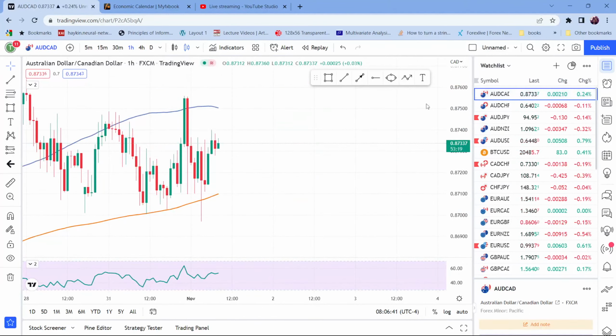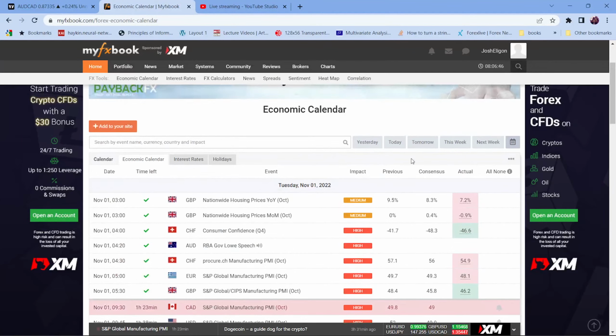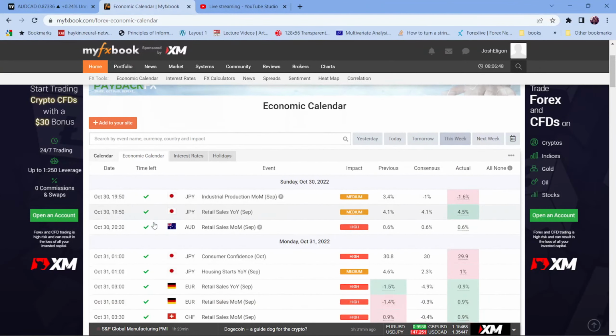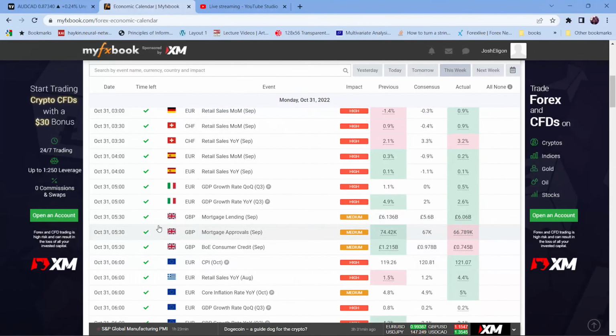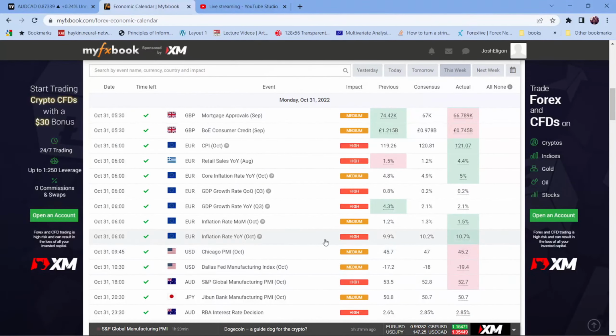Taking an overall look at the market, we did have some fundamental themes that came into play. So looking at the economic calendar, let's just look at this week. Thus far, in terms of the fundamental playouts, we had euro inflation numbers. We did come in high with the inflation, so we saw an increase. However, with the underlying fundamentals being the fact that inflation is high, even though we had this increase, that